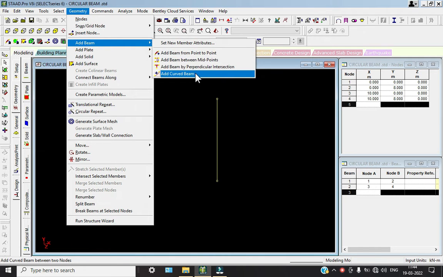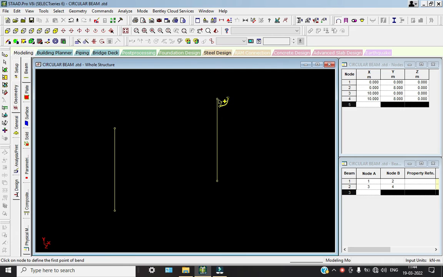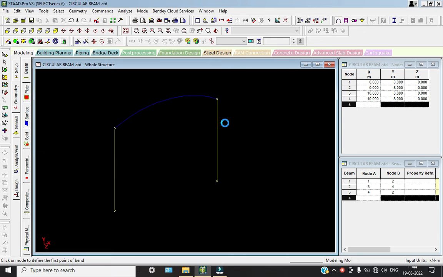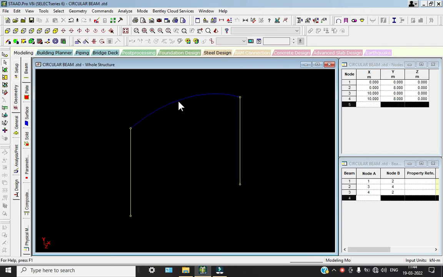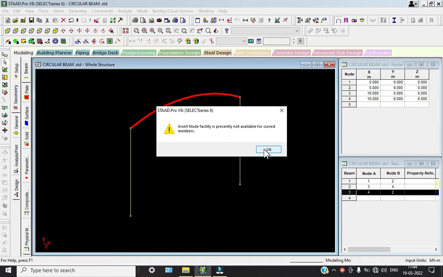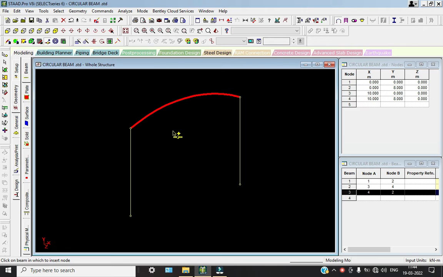Go to add curved beam, right? Select these two node points, add the radius of 10 meters. Okay, on OK. So here we can get a beam of 10 meters, right? Select the beam cursor, select the beam, select insert node points, so it won't be available for our curved beams. Okay,